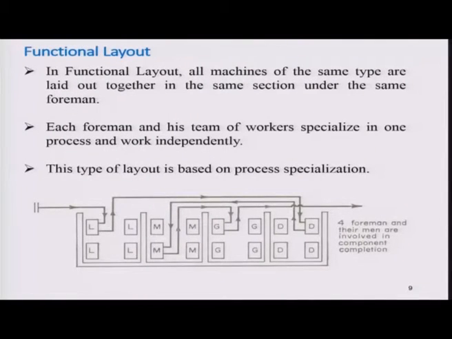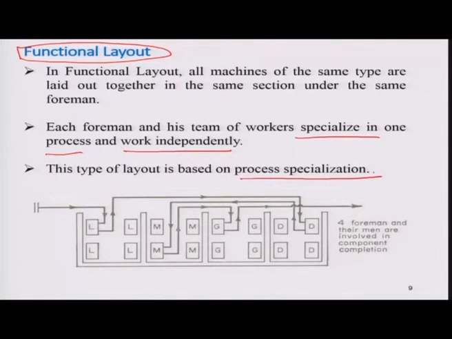The second type of layout is the functional layout. In functional layout, all machines of the same type are laid out together in the same section under the same foreman, and each foreman and his team of workers specialize in one process and work independently. This type of layout is based on process specialization.